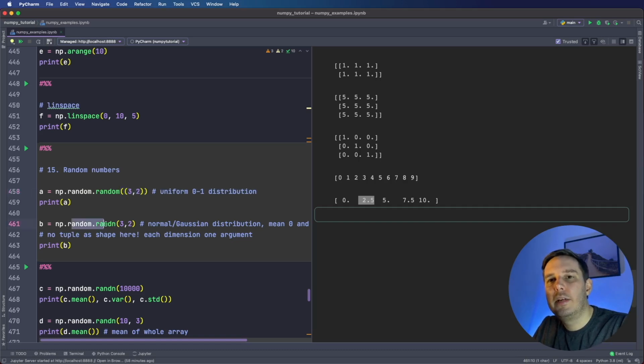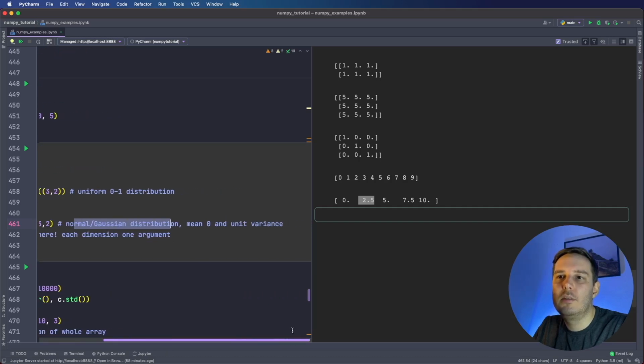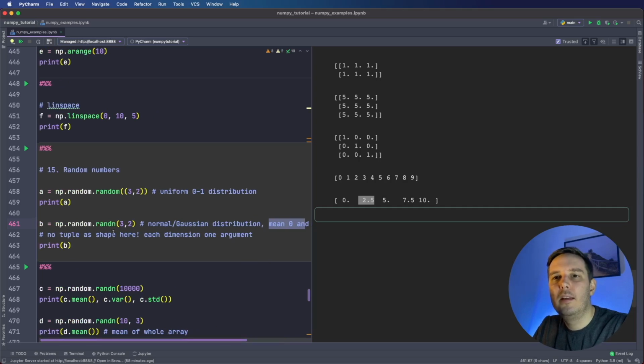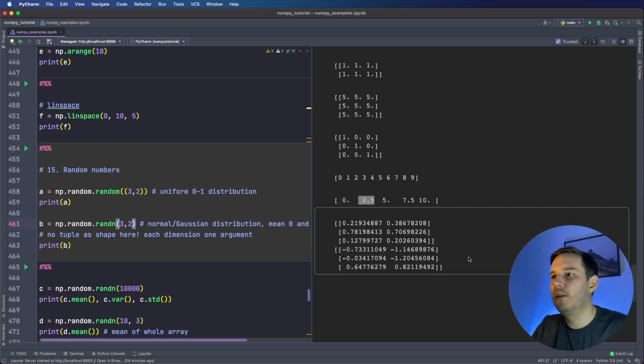Then we have the random.randn function. This will give us a normal or Gaussian distribution, so this means the mean is 0 and it has unit variance. And here we need to be careful. Here we don't give it a tuple, but rather a comma-separated list of all the different sizes. So be careful here. For example, if we run this, then we see we have the 2 different